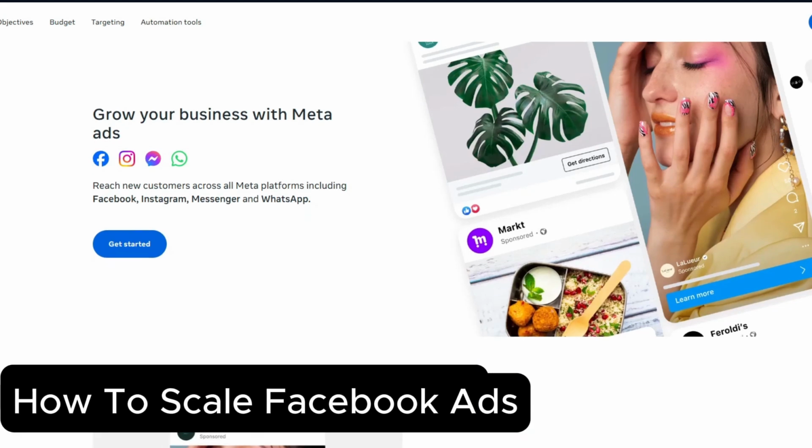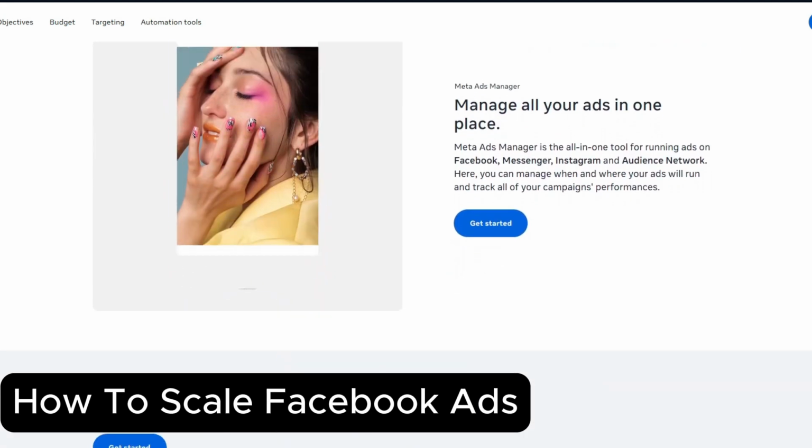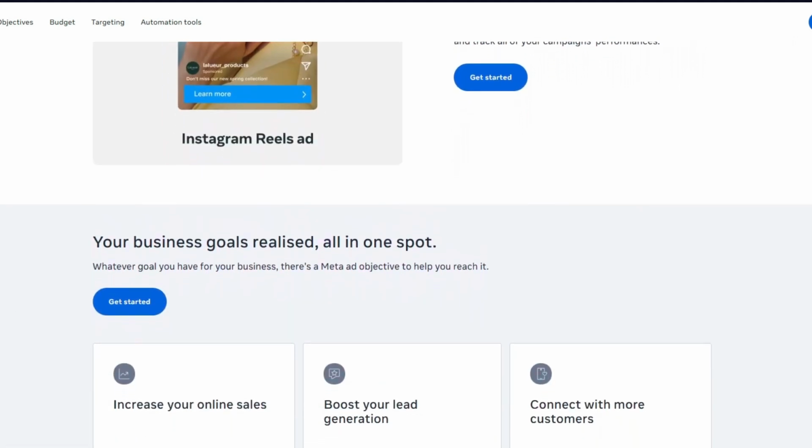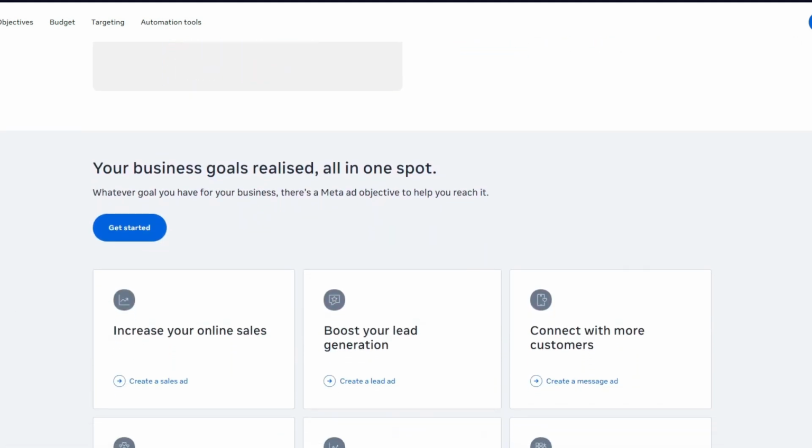How to scale Facebook ads. Instead of showing ads to random people, custom audiences let you retarget website visitors, existing customers, or people who engage